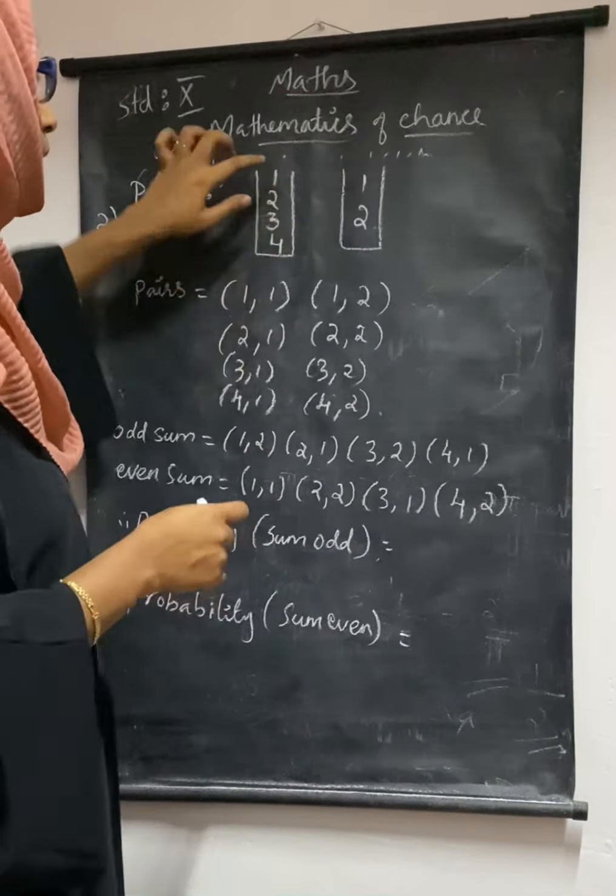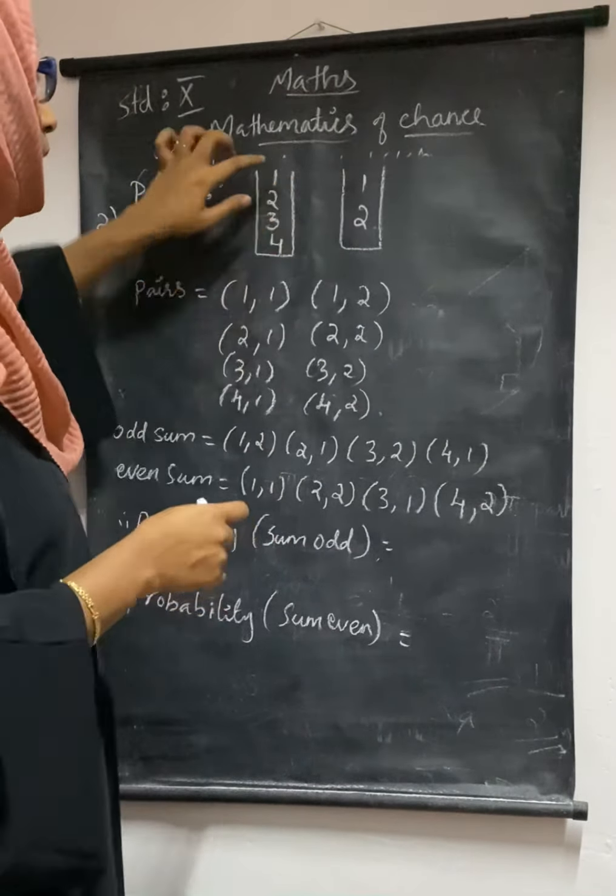First, the pairs I can make. I can take one number from this box and one number from that box. So 1, 1, one pair over. Next, the possible numbers can be 1, 2, 3, or 4. Going in order, it will be 1, 1; one pair over. Next it will be 1, 2. That is over.